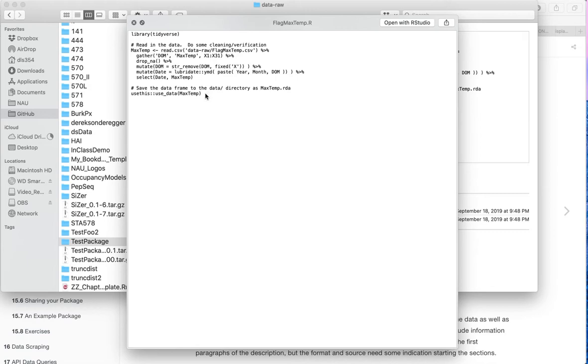And then finally I'll use this maximum temperature and save it in a format that is going to be easy so that whenever I load this package, max temperature is